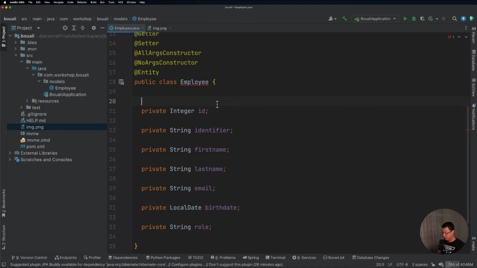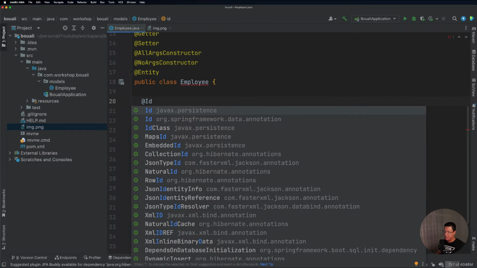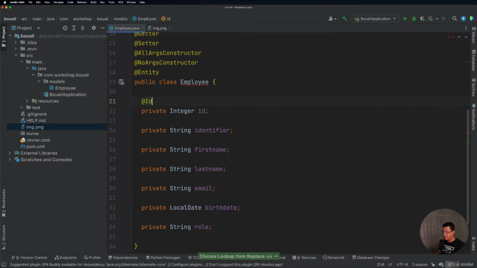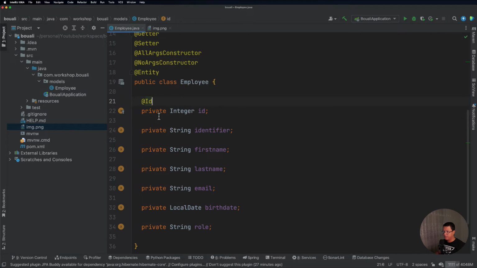So now to tell Spring that this is an ID, all we need to do is add this ID annotation. And always this annotation comes from the same package as the entity, which is the javax persistence. So now this error should be gone. And yeah, exactly.